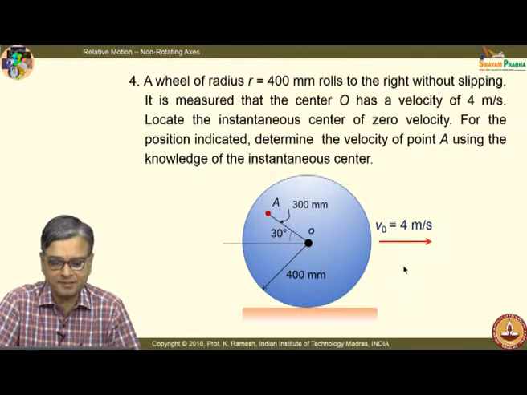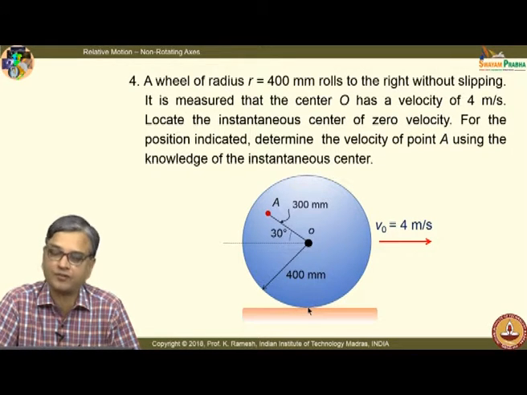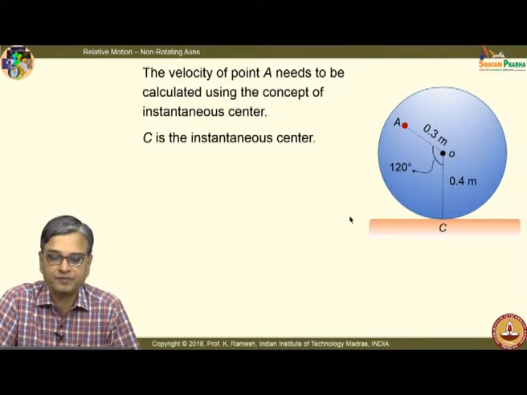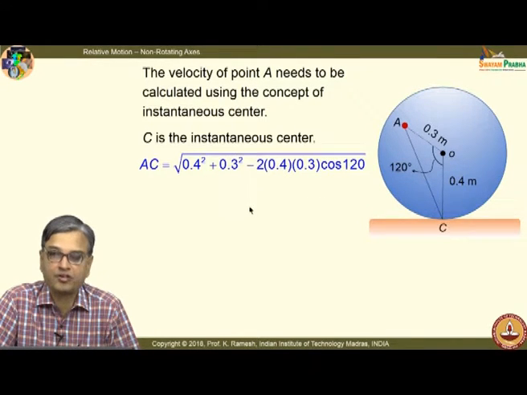A very fairly simple problem. You have this as an instantaneous center of rotation, and you have to find out the velocity at point A. We have also done it earlier, and so I have this as the instantaneous center. So, I determine the distance AC. From the geometry, this angle comes to be 120 degrees, and I have to get the distance AC. So, use the trigonometry and get the distance. That turns out to be 0.608 meters.